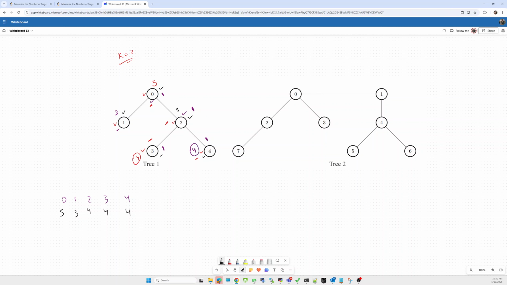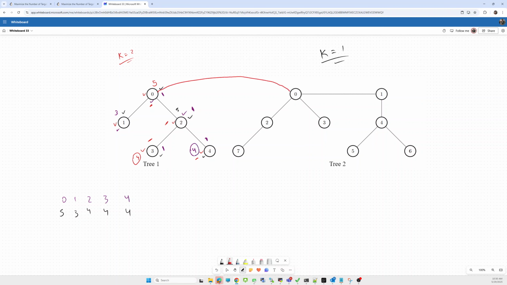So there is one catch: when we make a connection between these two trees, we will add one additional edge in between. So that's why we need to calculate the maximum target with k equal to k minus 1. Let's say we are going to add this tree by this, for example.